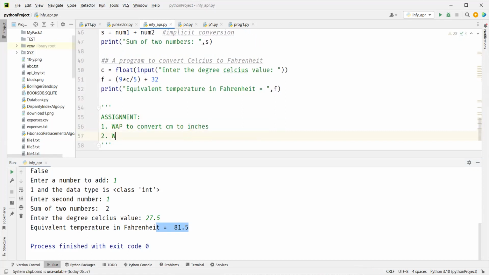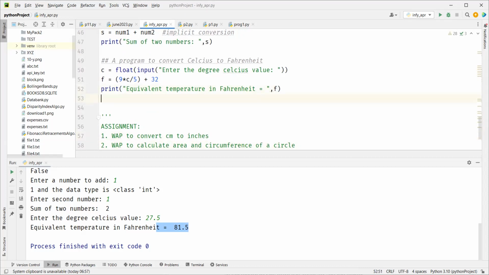Then write a program to calculate the area and circumference of a circle. So I'm going to show you how to perform area and perimeter. Okay, so here I'm going to say